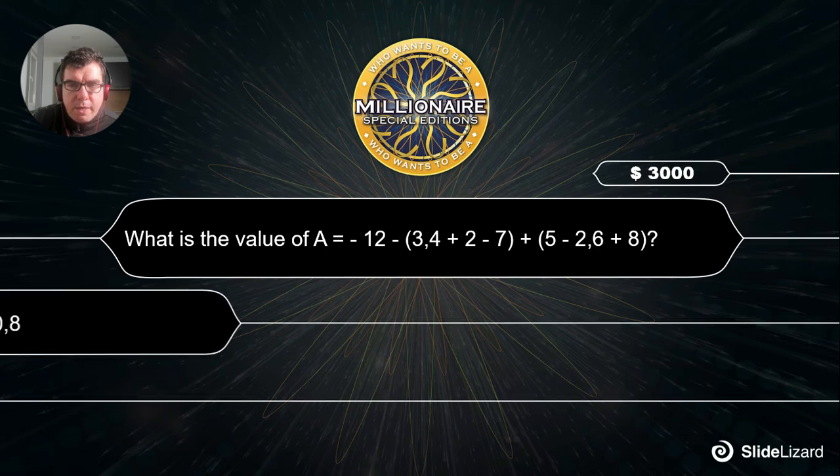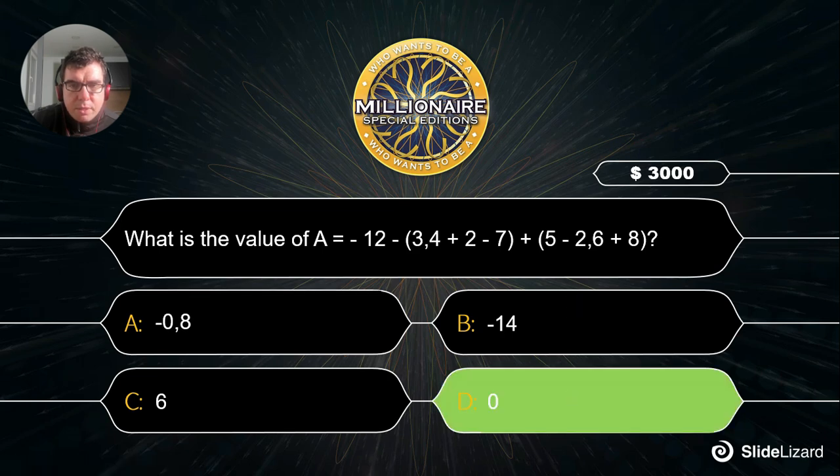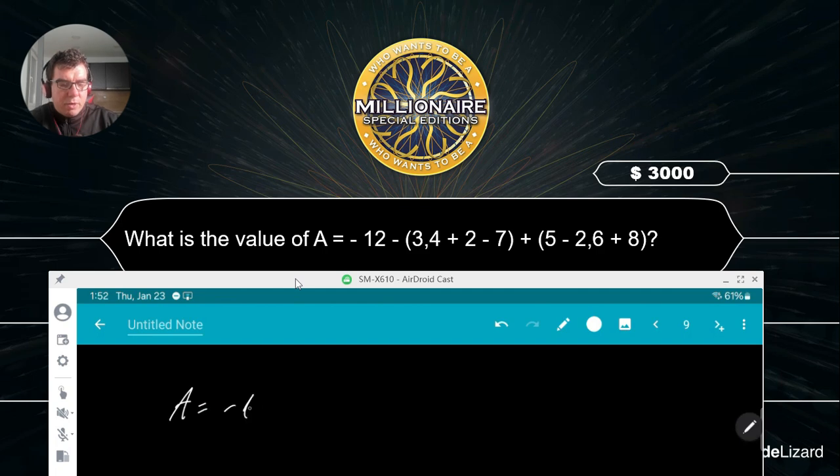What is the value of A? Did you find D? 0? 0 is correct. A equals minus 12 minus, I can add these two numbers. 3.4 plus 2 is 5.4 minus 7 plus, I can add 5 and 8, so I get 13 minus 2.6. Okay,